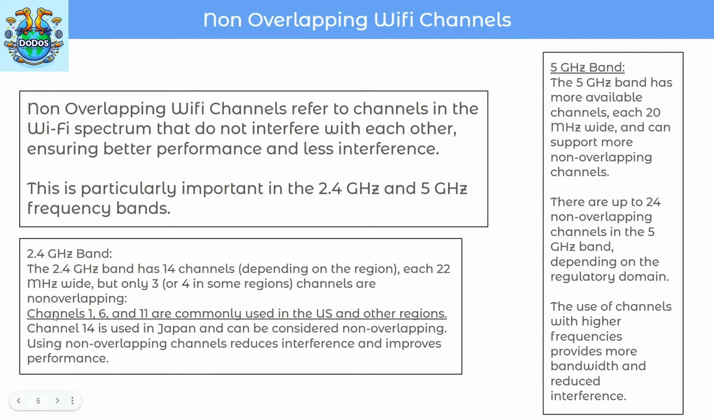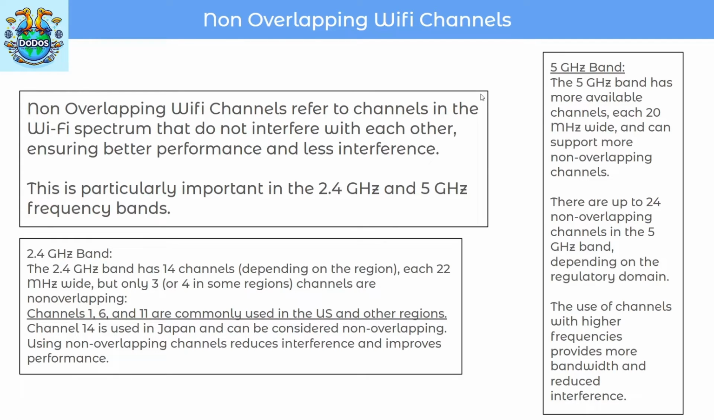You need to remember these numbers for the CCNA, which is channels 1, 6, and 11, which are commonly used in the US and other regions. You will probably see a question that's like, which of these channels are compatible? And it'll be like 3, 2, and 1, or like 1, 2, and 5. And if you see 1, 6, and 11, that's the key number that should be over on the wireless Wi-Fi non-overlapping channels. Channel 14 is used in Japan and can be considered non-overlapping, and using it reduces interference and